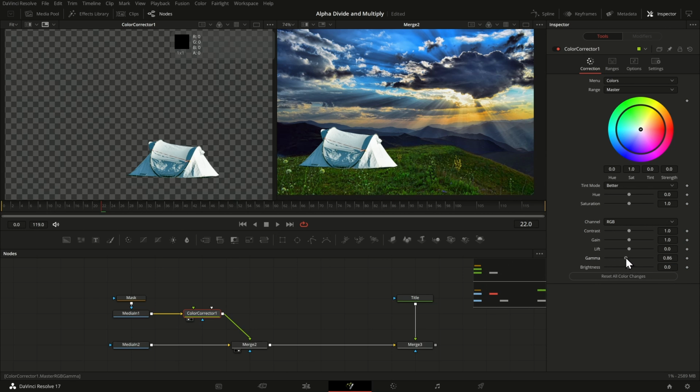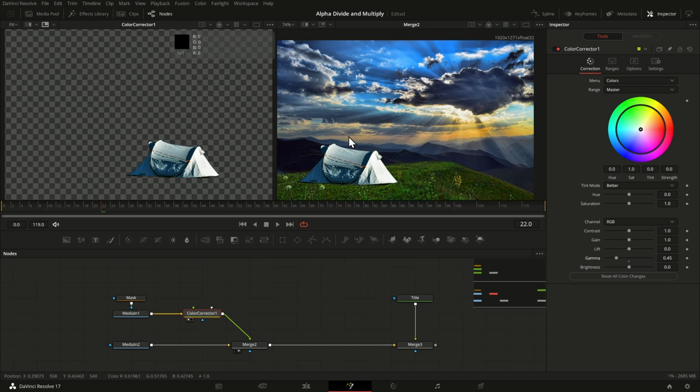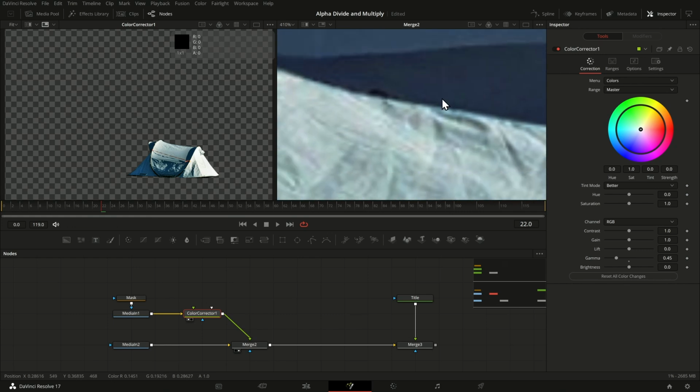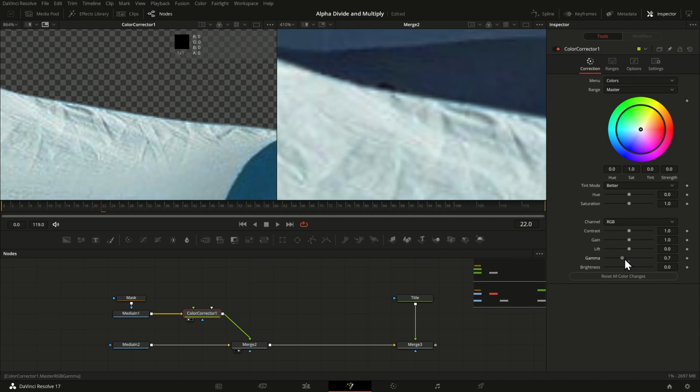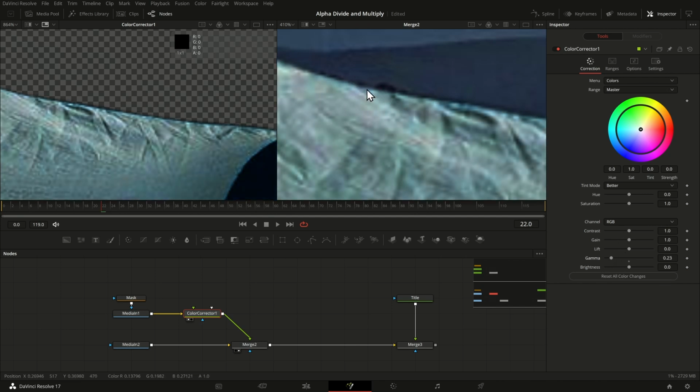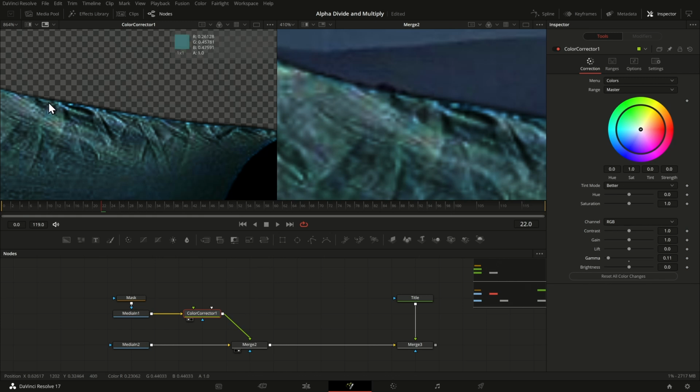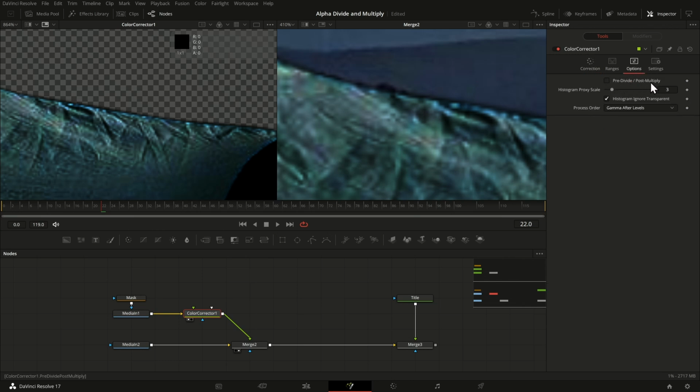If you do a gamma correction, for example, gamma correction doesn't impact 0 values, right? So it only impacts values in the mid-range. But if you zoom in here or here, you may still see an issue. You may see that the edges suddenly look like a very rough and dark edge. Now it's supposed to get a bit darker, but still this seems to be wrong if I look at the edge. And for both of these issues, it is related to this particular checkbox here, which says pre-divide post-multiply.